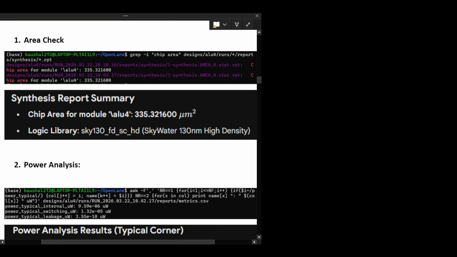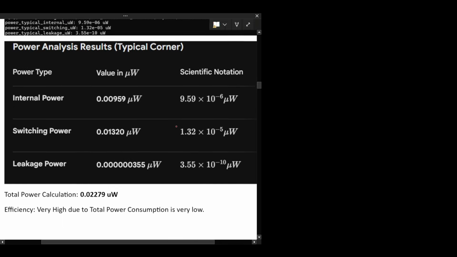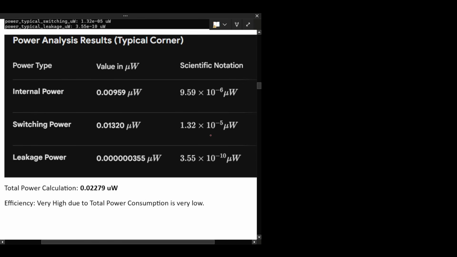For area analysis, after analysis the area comes to 335.321600 micrometer square. In power analysis, I check internal power, switching power, and leakage power.